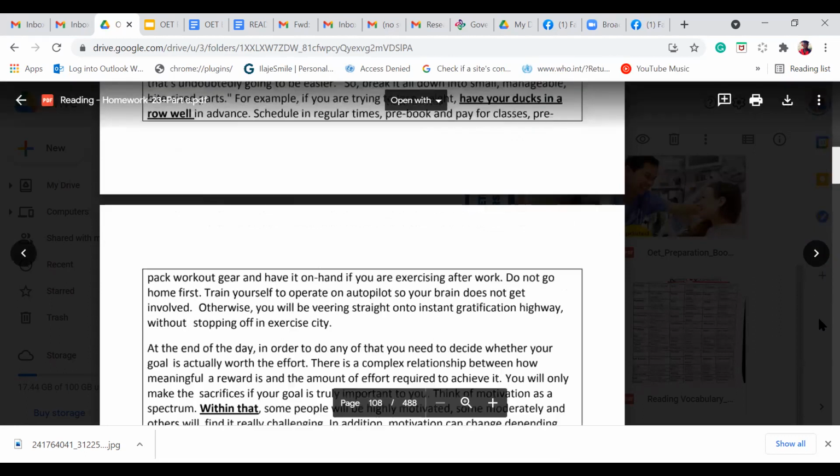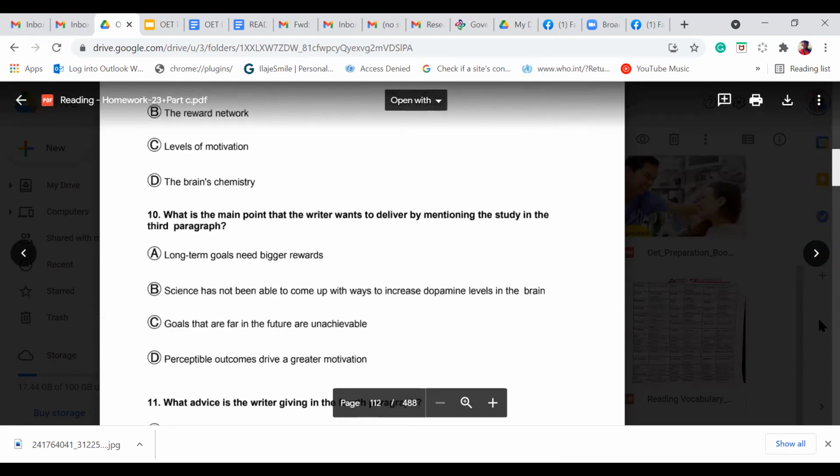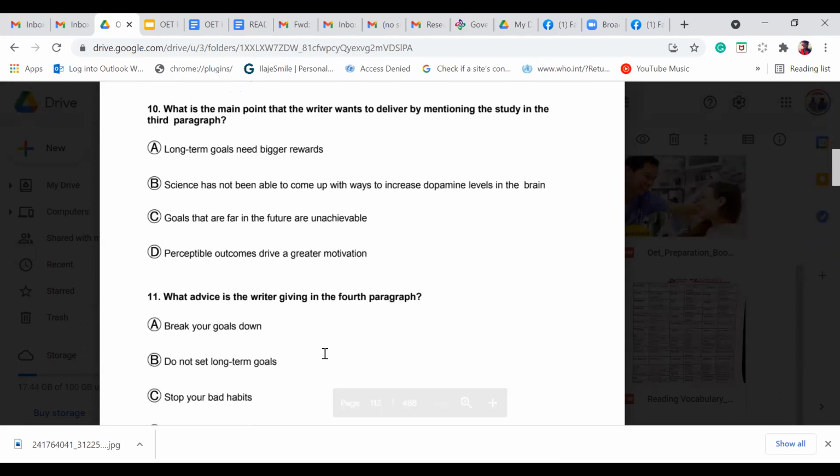So it's what is driving the people, what is motivating them. What motivates most people is perceptible outcome. That's why that is right. So if you agree with me that option D is the answer for question 10,